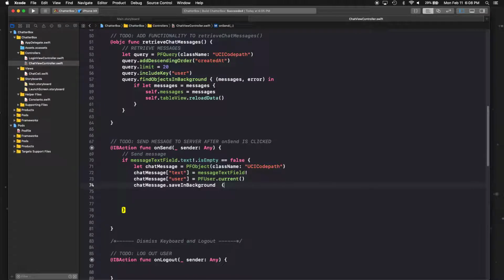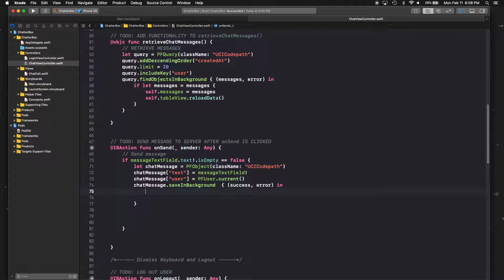And it's going to be another closure with either success or an error. And now if it was successful, then we just print message saved. Else